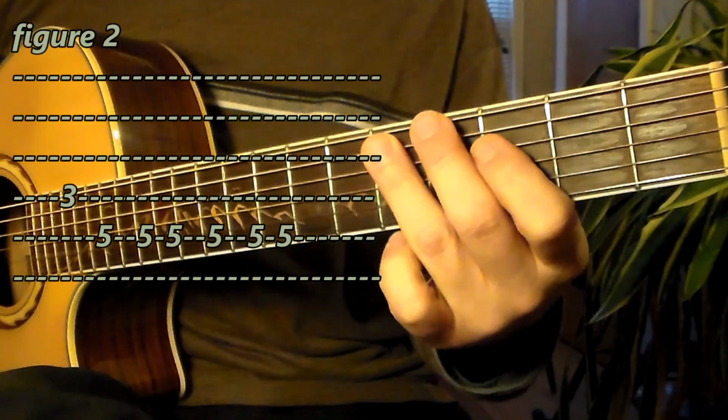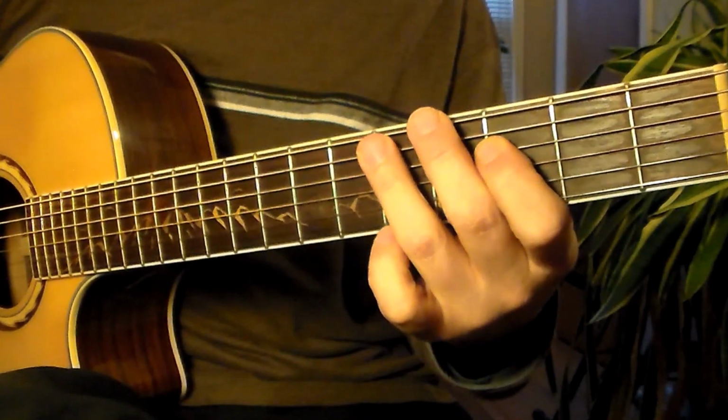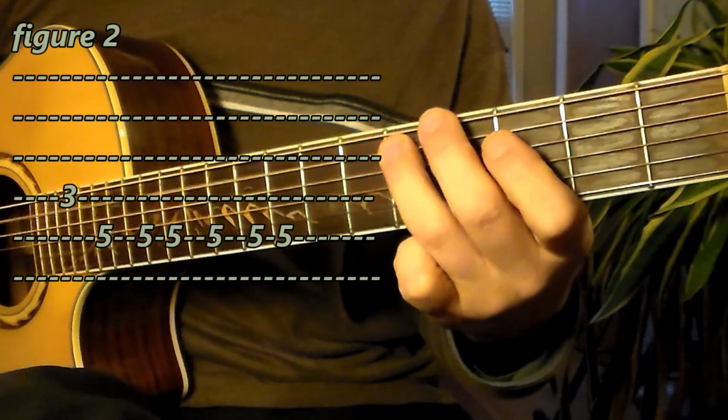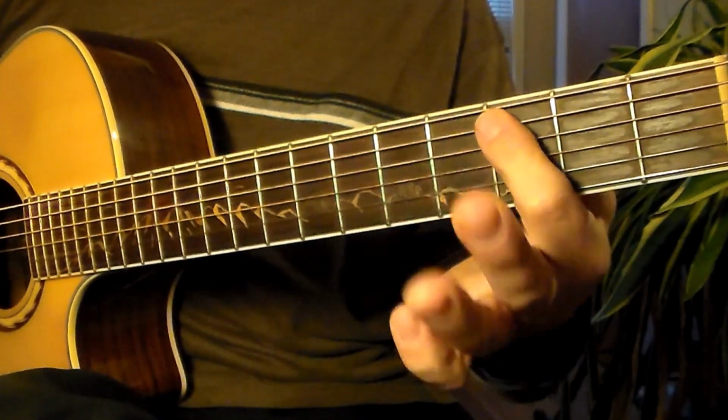Okay, so I'm going to put that together, that makes all of measure 1. I'm going to put it all together in slow motion. 3, 4, 1, 2, 3, 4. Okay, now we're going to play that